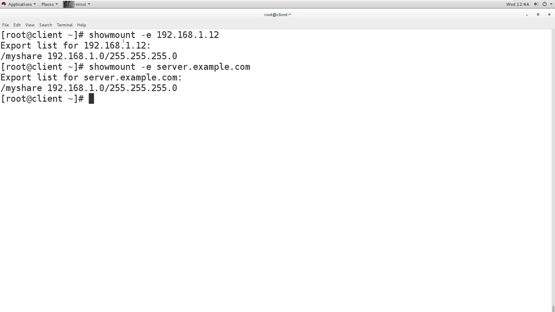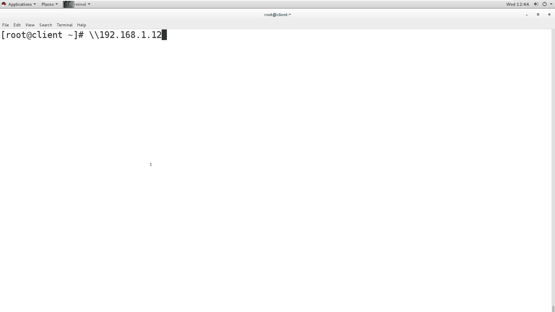So with this command, first we know what the share folders are, what folders are exported from the server with NFS. Now we know the folder name, and also we know whether we have permission or not. So it is for the whole network. That means this client can also use it. Now we have created the directory here, and we will use this directory to mount that NFS share. Right now you see nothing in this, no files are inside this directory. Now I will use the mount command, mount -t for the type, and the type is NFS.